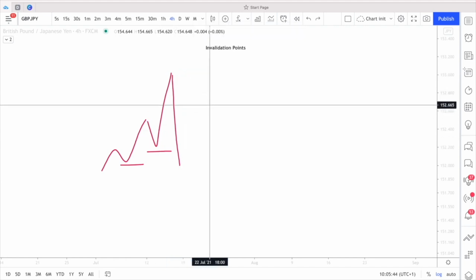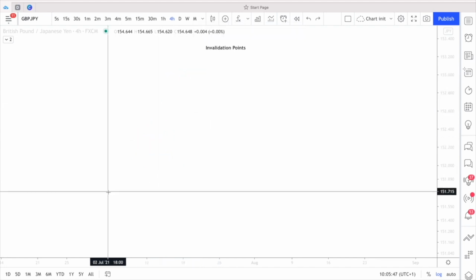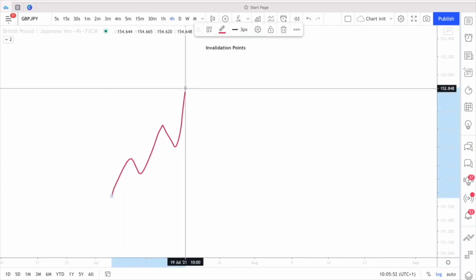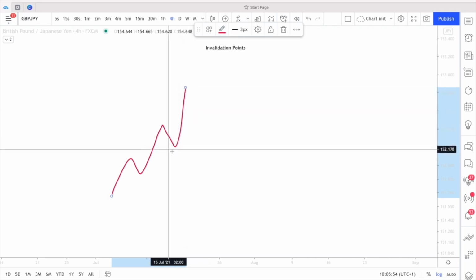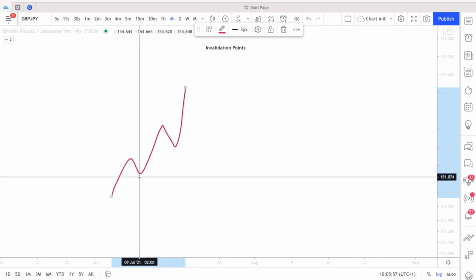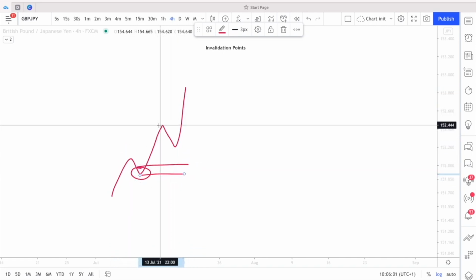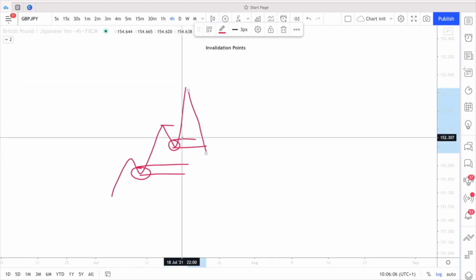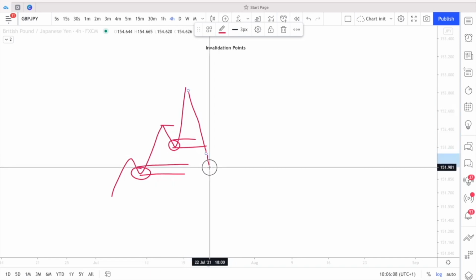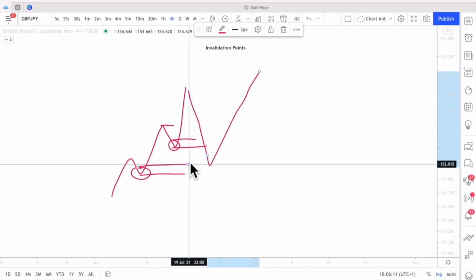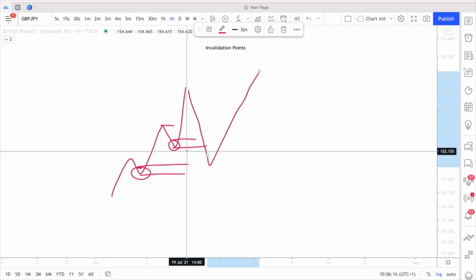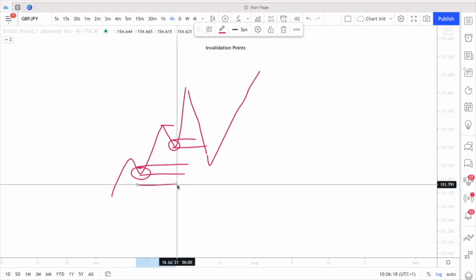The only situation where we won't consider a structure break as a change in trend is when we have our impulsive OB that's been left unmitigated, and we have our SROB, which is here. Price can sometimes violate the SROB and react off the impulsive OB. That's the only time that the invalidation point doesn't make sense. So at this point, in terms of our structure, our invalidation point is going to be below the impulsive OB,